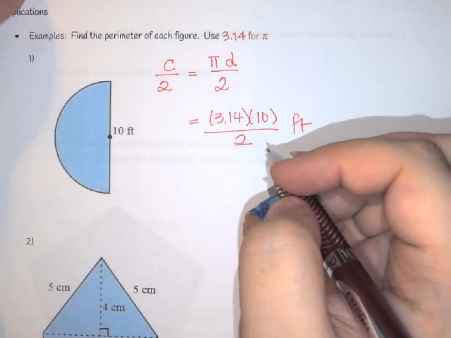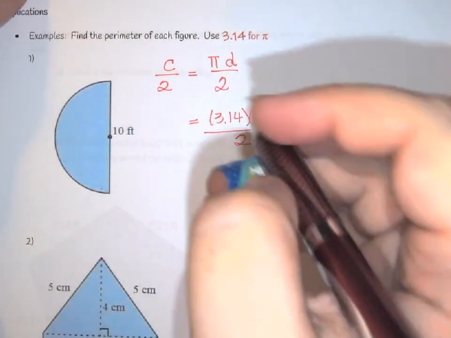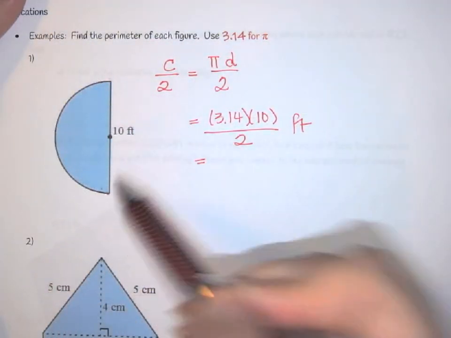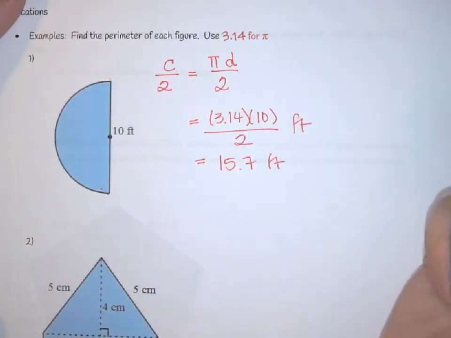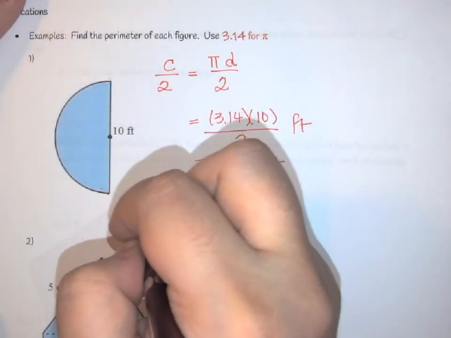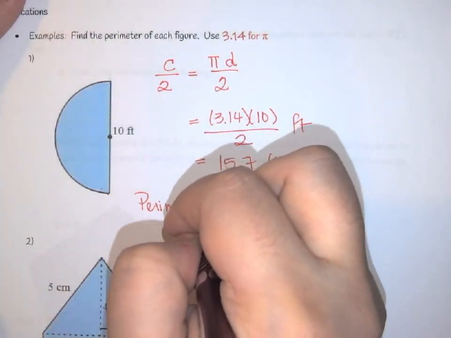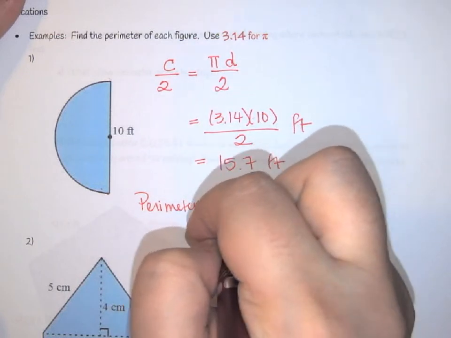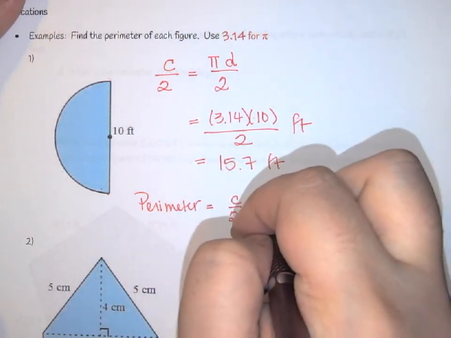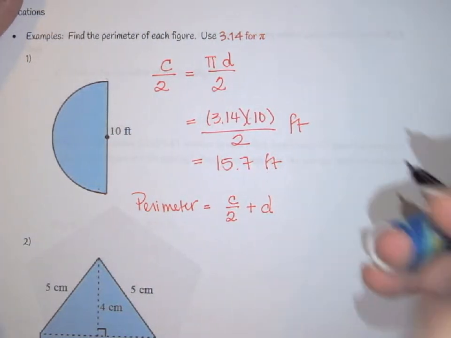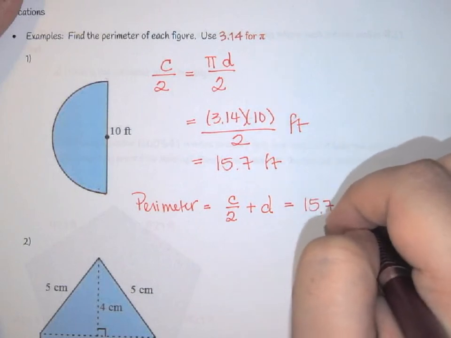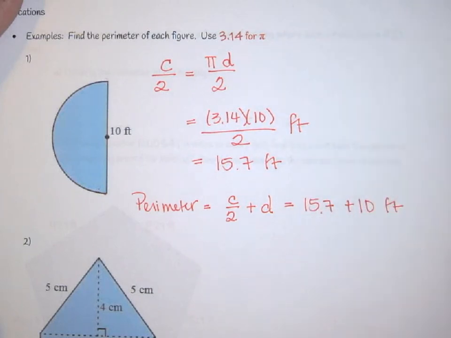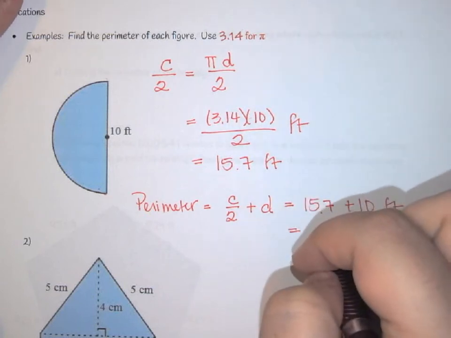So once you work this, my half circumference, so remember this is this part, is going to be 15.7 feet. Now to find the perimeter, we have to do the circumference over 2, and then we have to add in the diameter. So here we're going to take that 15.7, we're going to add the 10 feet to it to get your perimeter. So my actual perimeter is going to end up being